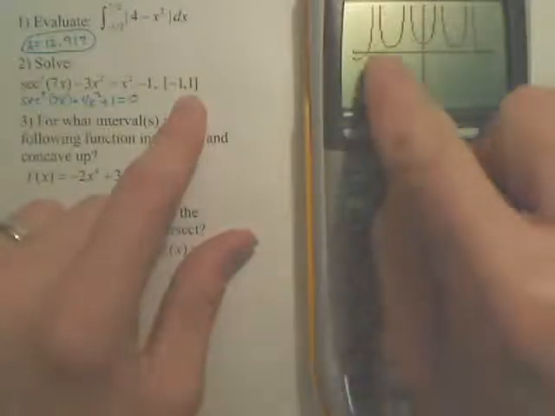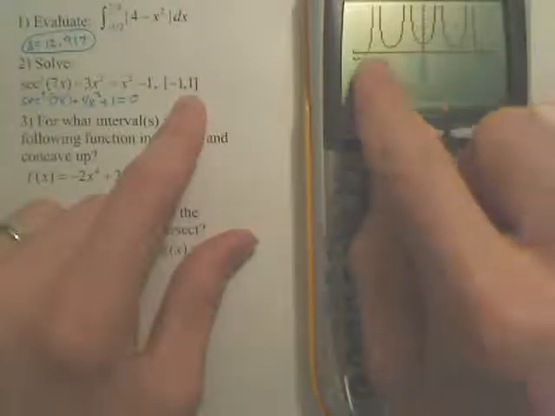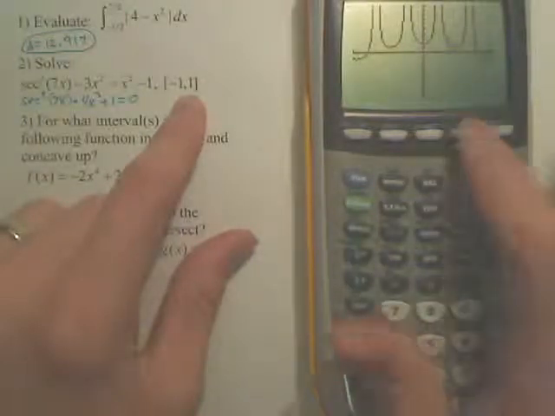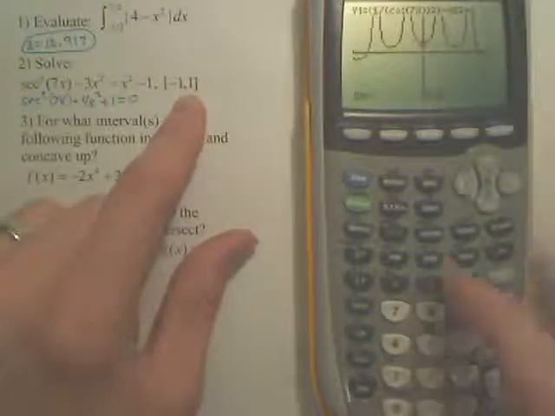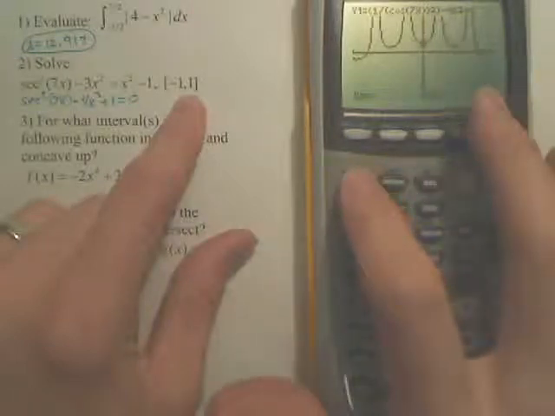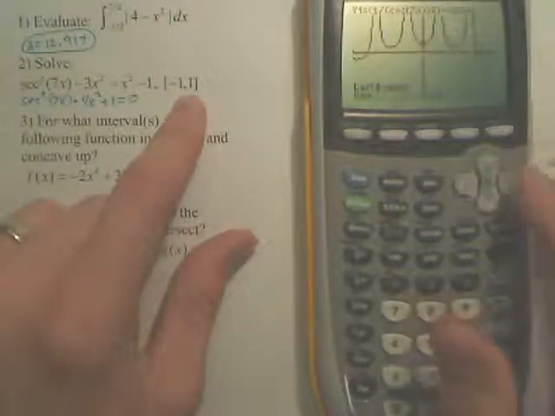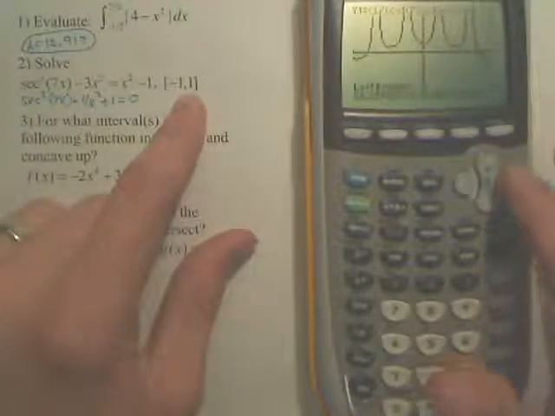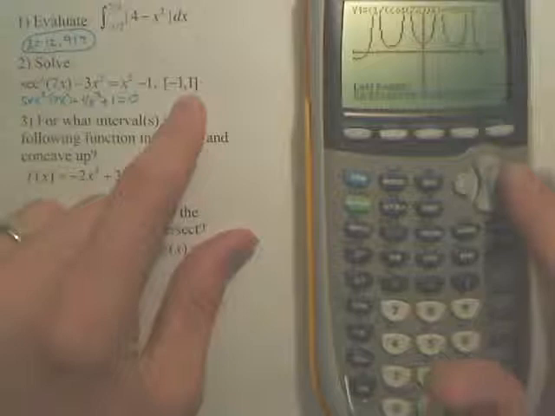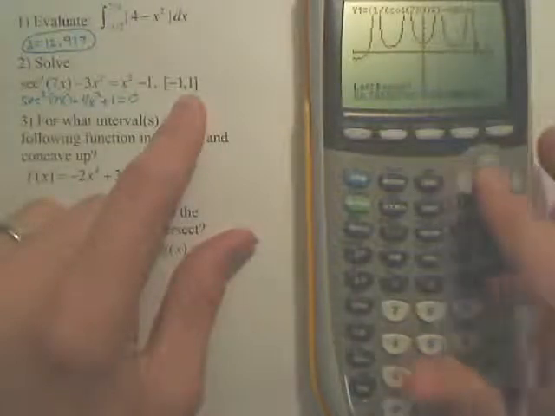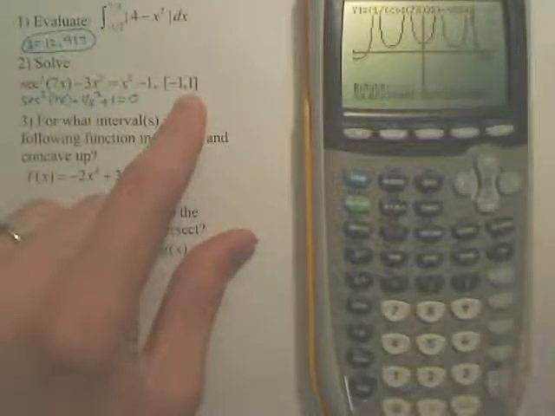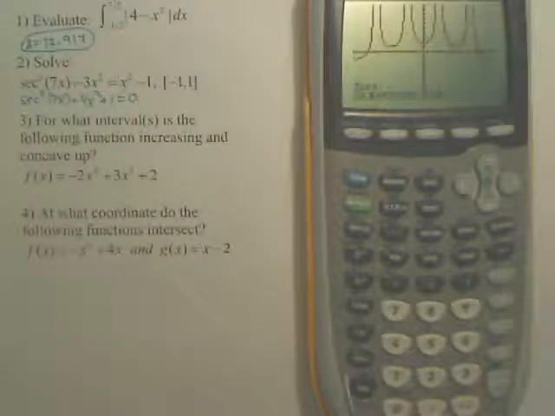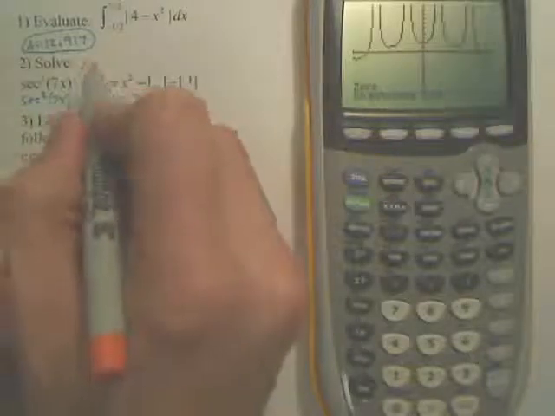So how do we find that coordinate where it crosses the x-axis? Well, you use this trace button right here. You do second trace, you want the zeros, and you kind of got to walk your way over. It's kind of annoying. You need to do a left bound, which is to the left of it, and then a right bound, you need to cross the x-axis. And then you always hit guess because it's numerically approximating it. And it looks like your answer ends up being x equals